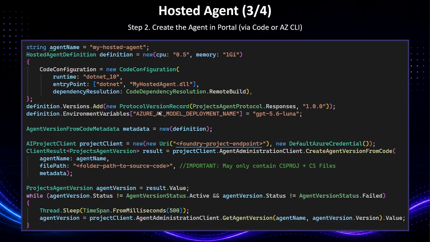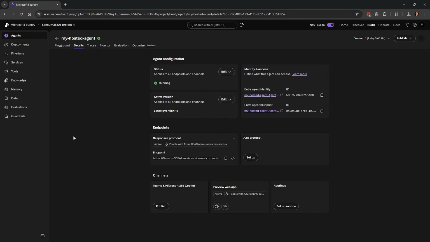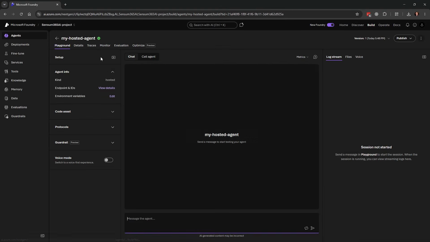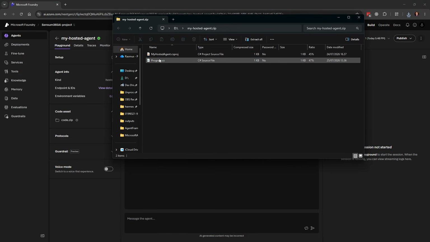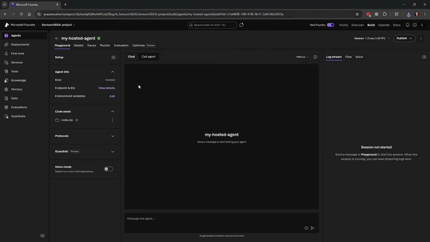And this is where it becomes a little more tricky, because sending that code or the source code to AI Foundry, meaning getting it into this file here, and if we download this file, I can show you that inside it actually has the CS file and my program.cs, because these hosted agents will actually on the fly build my code and expose it in an app container.